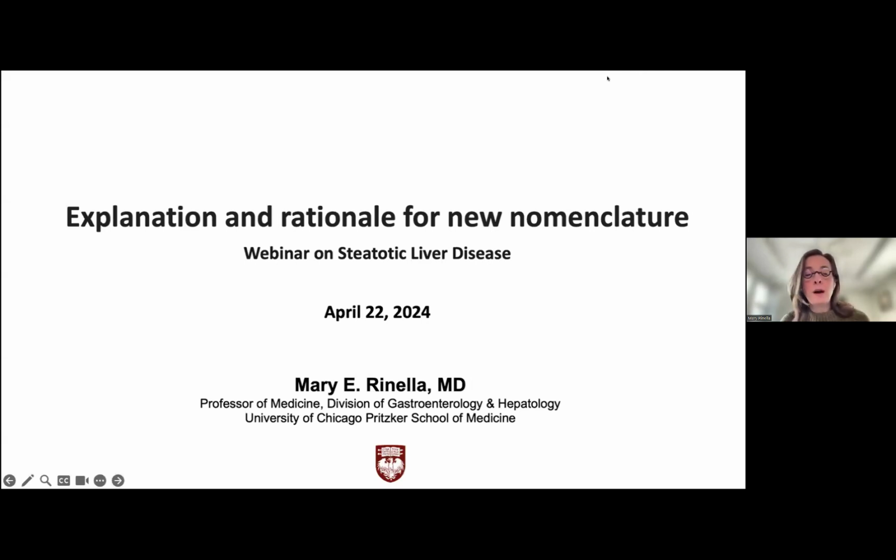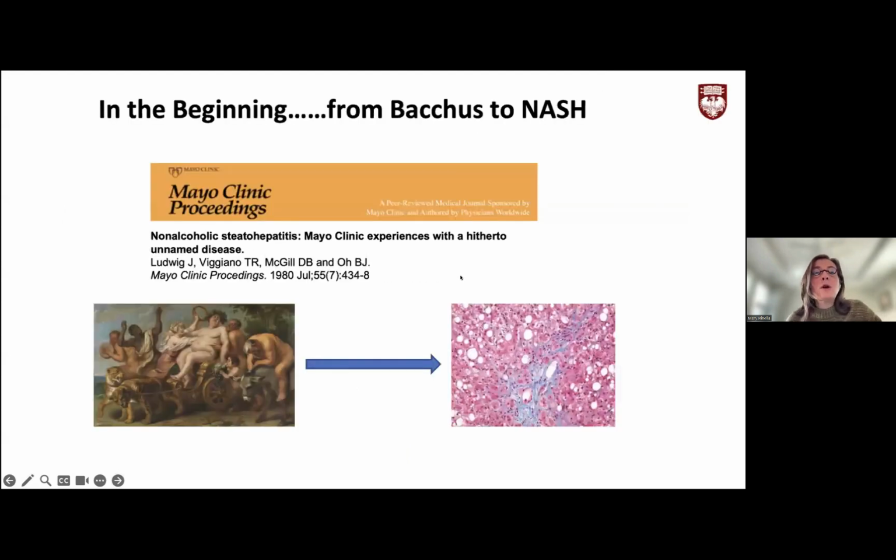I was asked to start this off by explaining the rationale for the new nomenclature. And see if I can get this to move. There we go. So I guess to start, I think it's important for us to understand that the nomenclature of